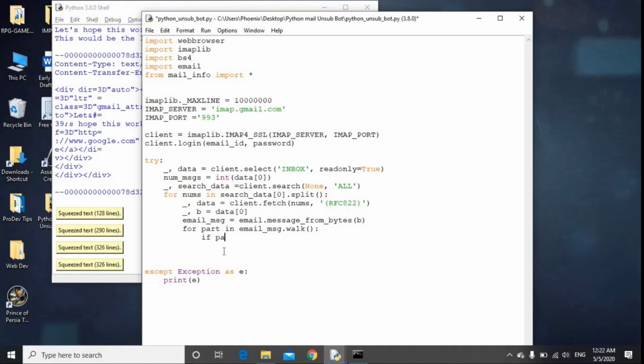We'll say, if that part, whatever part we are on, if the get content type is the same as text/html, I mean, if the text is like HTML, then what you need to do is get a body. You need to store in that body variable